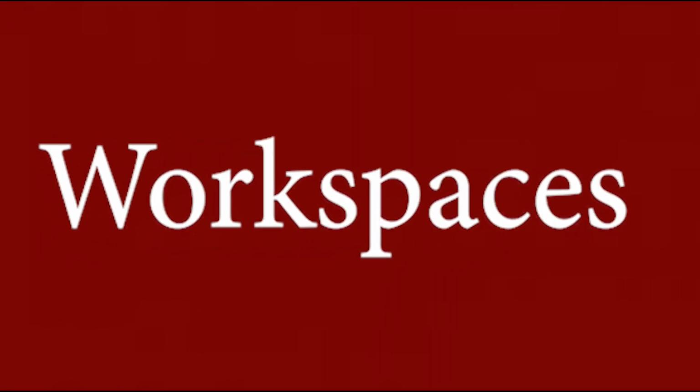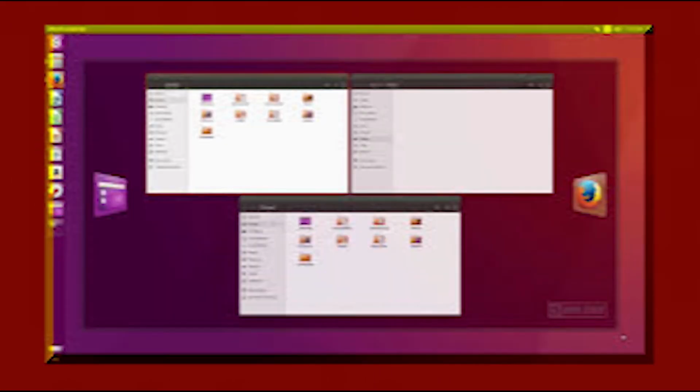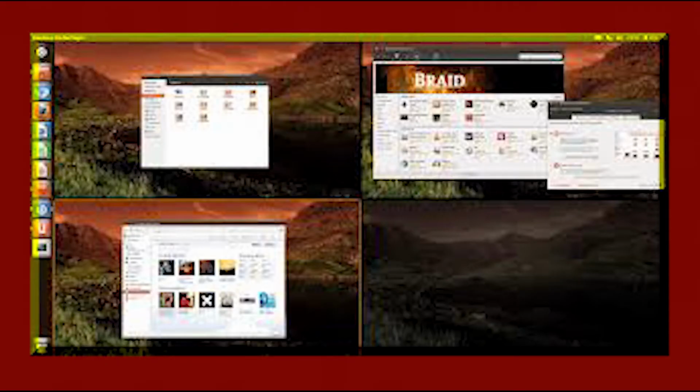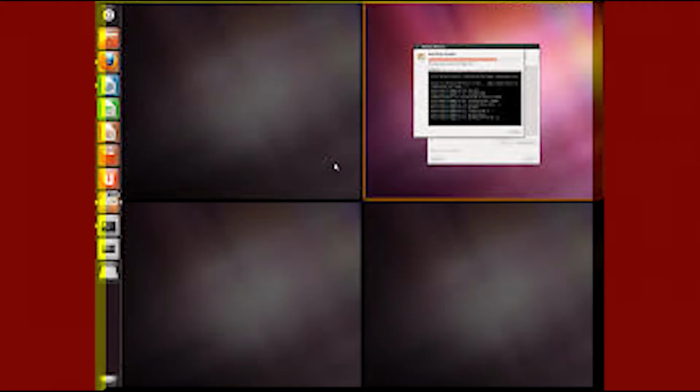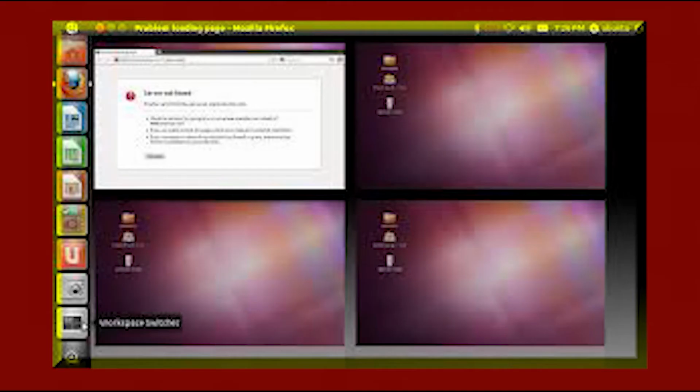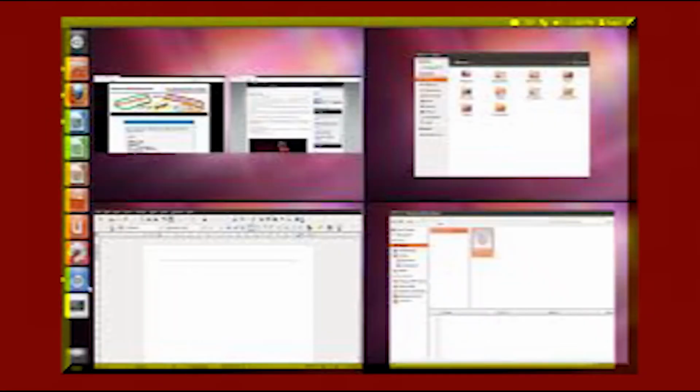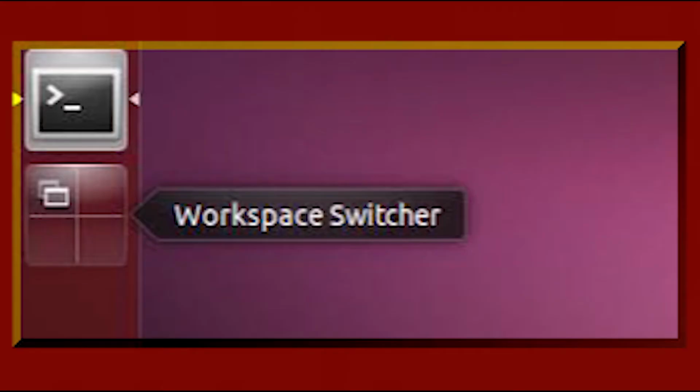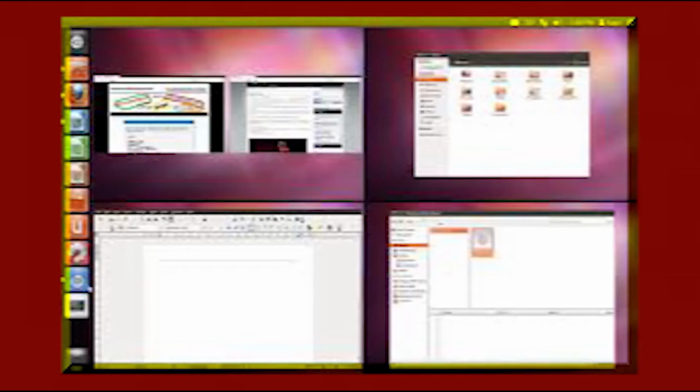Workspaces. Workspaces are like virtual screens that enable you to organize the desktop when you run more than one application simultaneously. By default, Adubuntu provides 4 workspaces. You can switch between them anytime. Every workspace contains the same desktop, the same panels, and the same menus. However, you can run different applications and open different windows in each workspace. The applications in each workspace will remain there when you switch to another workspace.